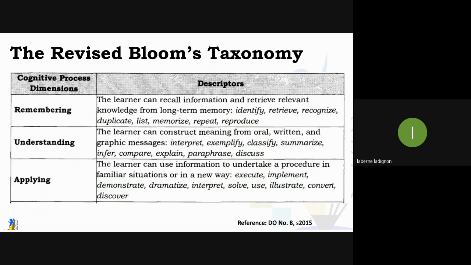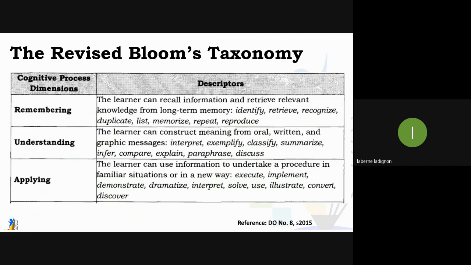The words that can be used in this applying level are execute, implement, demonstrate, dramatize, interpret, solve, use, illustrate, convert, or discover. So I think you now have an idea on how we can use these words to design our